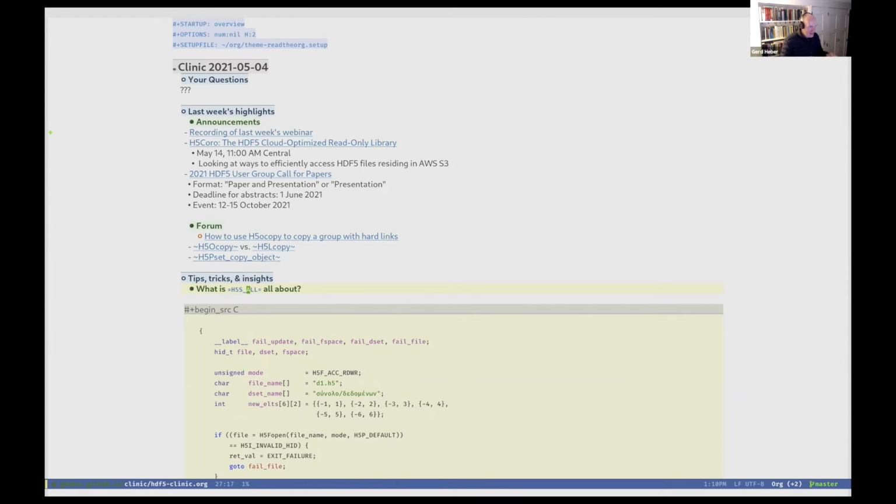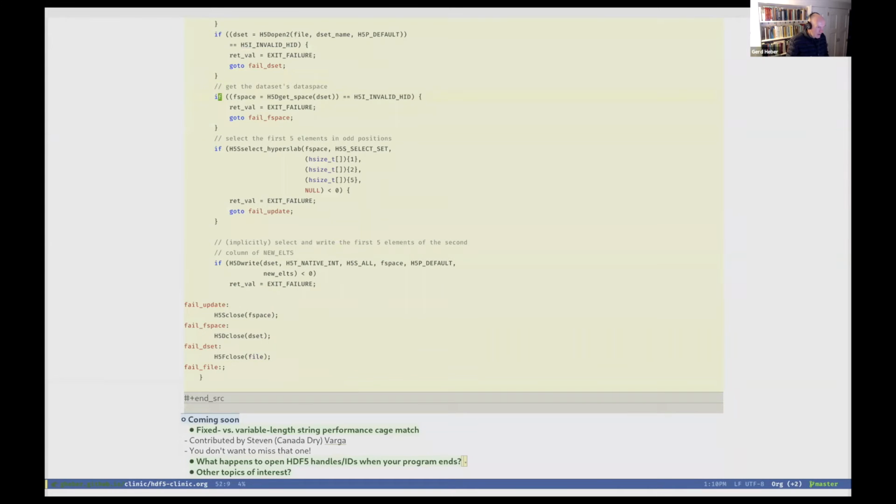Then it gets tricky, and it's important to understand what it does and how it behaves. It's this thing called H5S_ALL. Technically speaking, it's just a macro, just a definition. I believe it's hid_t 0. But that doesn't really tell us anything.